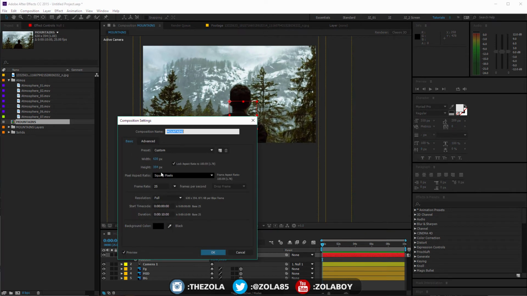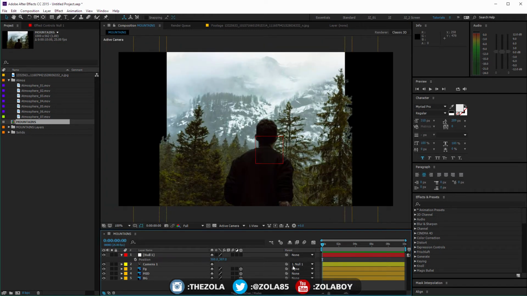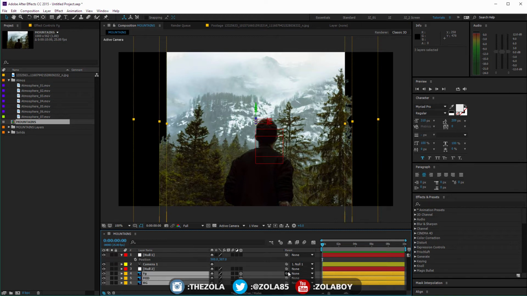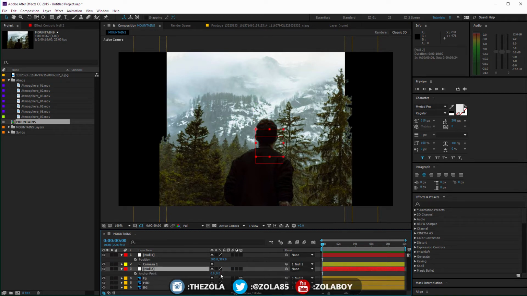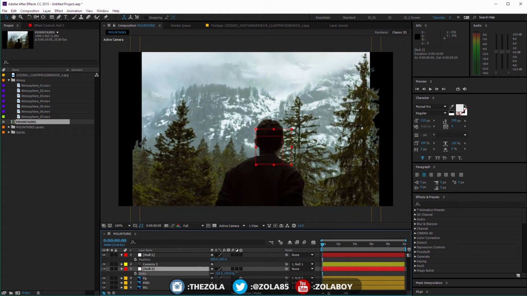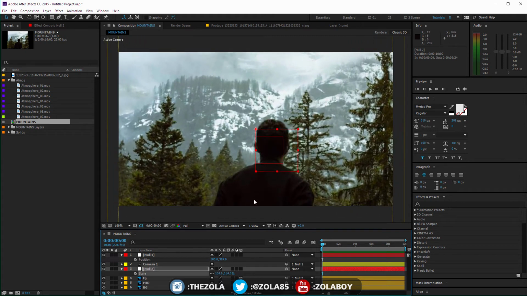So actually what I'm going to do is just scale all this up. It's not going to look great, but let me create a new null, and I'm going to parent all these three to the null. Then that way I can just scale the null and everything's going to scale at the same rate. Now obviously at 100% this is looking pretty raggedy right now, but for the sake of this tutorial, you get what I'm trying to do.